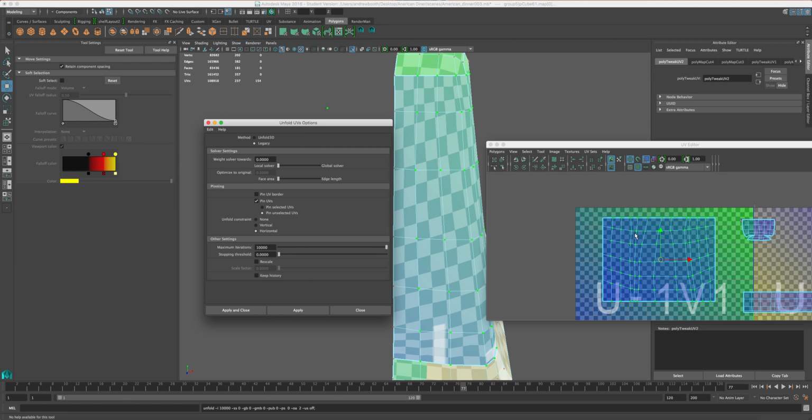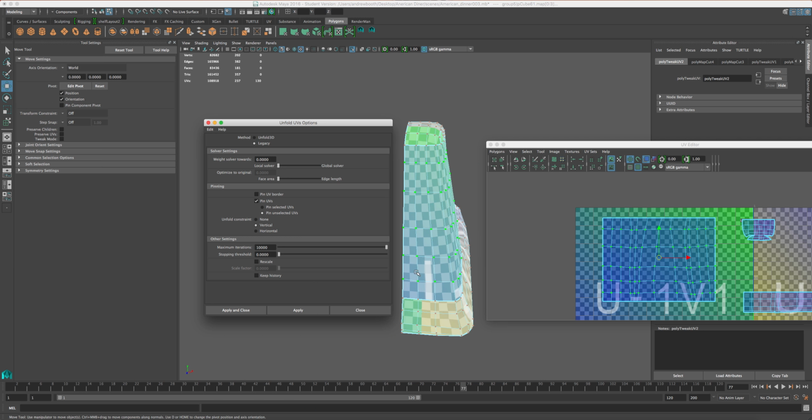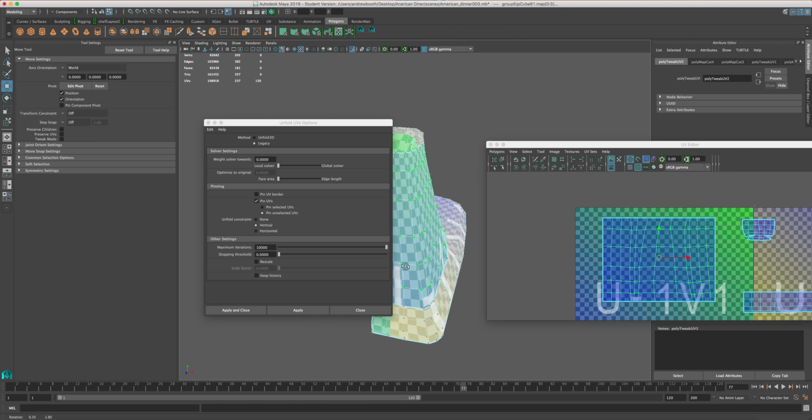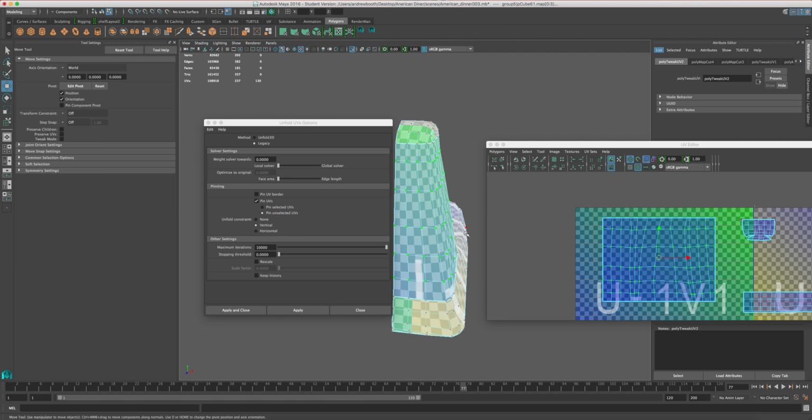As it's done, it redistributed all of the UVs evenly across the horizontal line based off the shell of the UVs. But because we constrained these edges, they don't move. We do the same vertically,